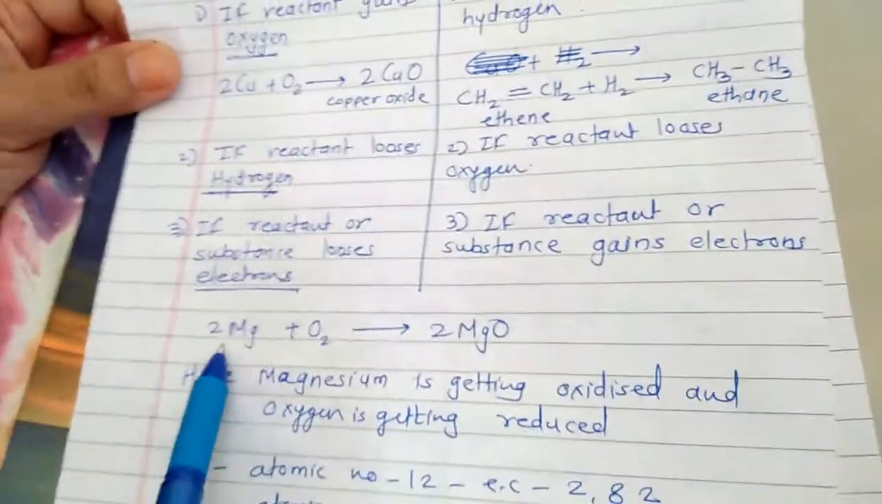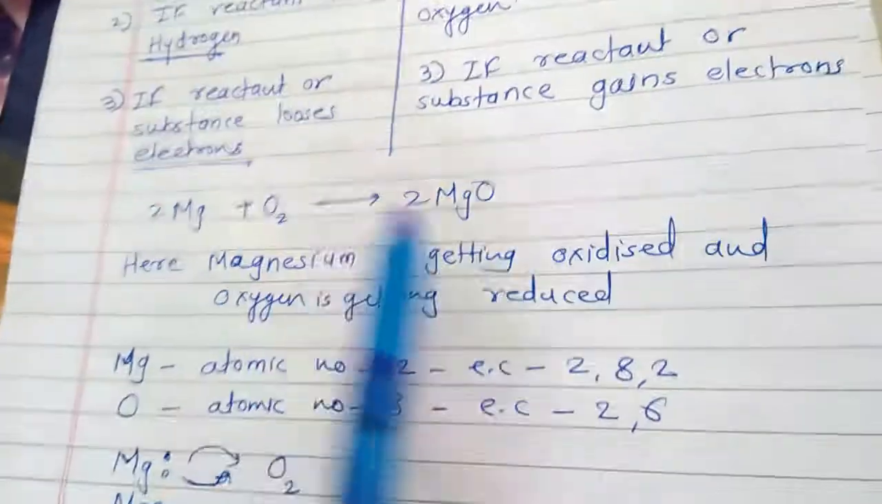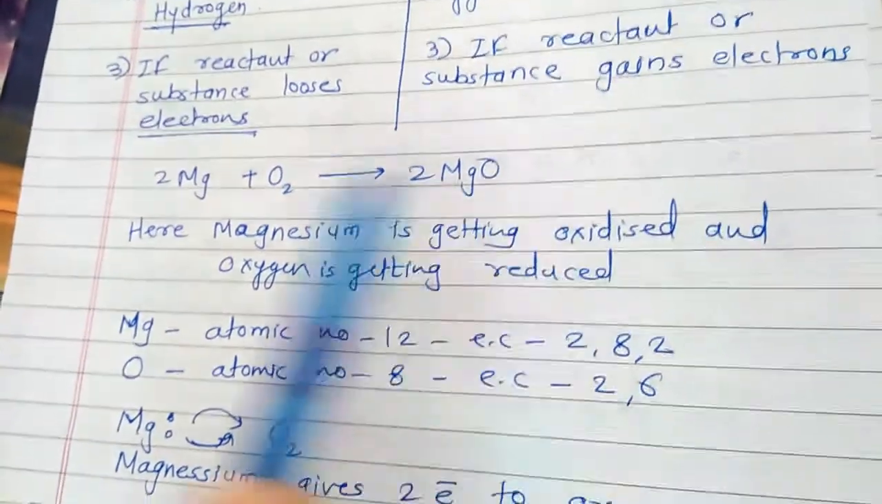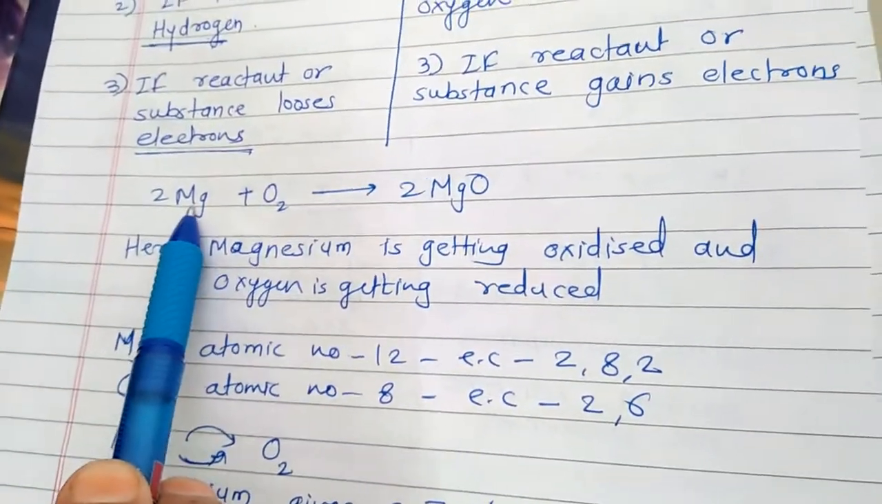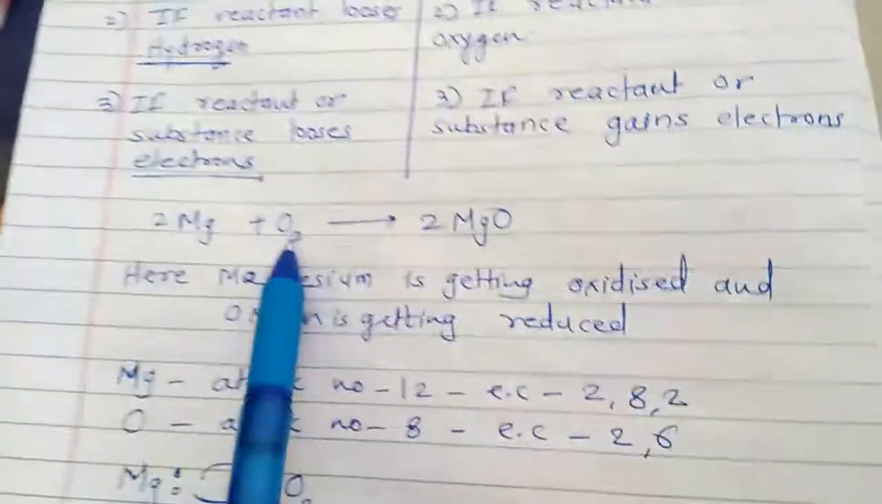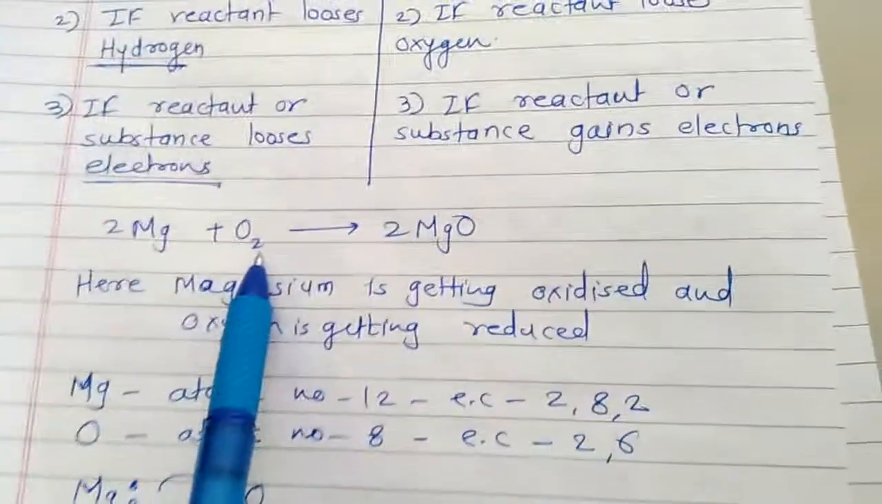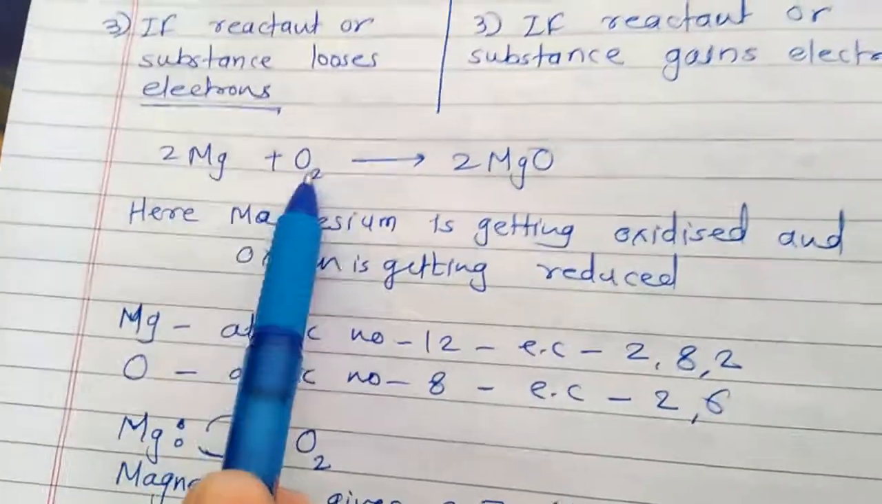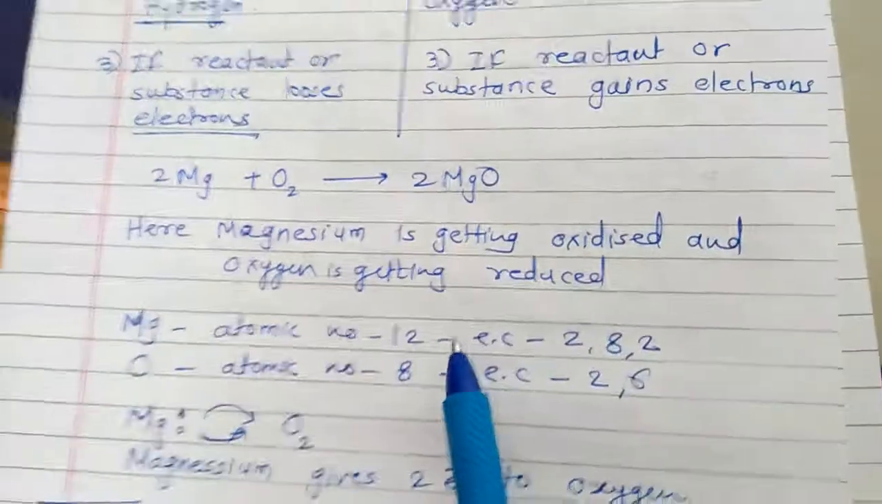Now see, here we have a simple example. Magnesium reacts with oxygen to give magnesium oxide. Now you will see that magnesium is getting oxidized because magnesium gains oxygen. If magnesium is getting oxidized, who is getting reduced? Now see here,